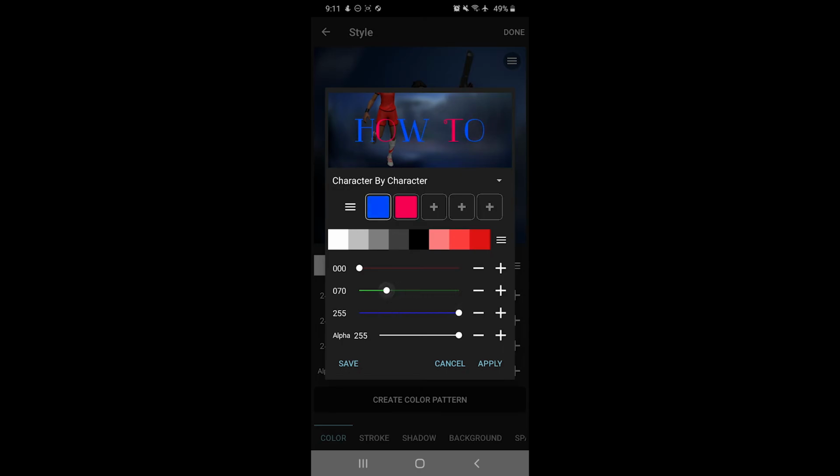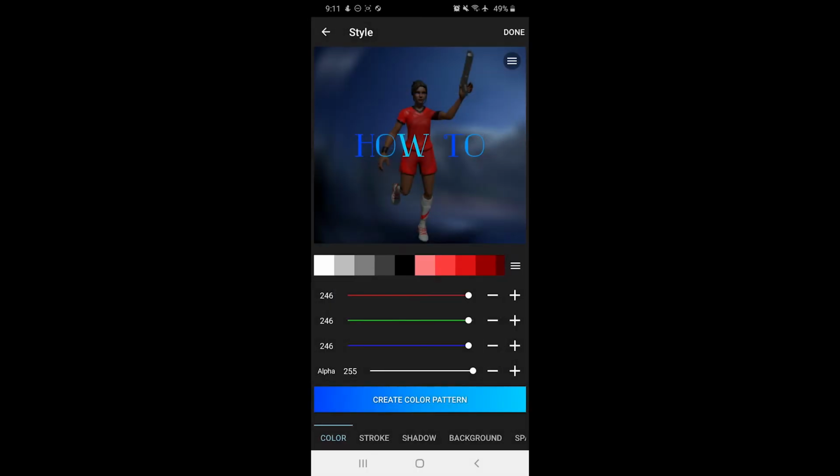Yeah, that's a dark blue, and this one a bit lighter of a blue. You can use 2 or 3 colors. I'm going to put this a bit lighter of a color. That, and then, okay. So then you apply, and if you want to keep it that way, you can keep it that way. What I'm going to do is go down here to